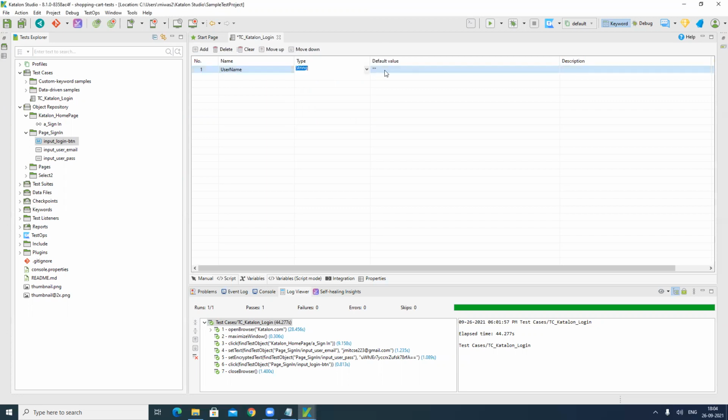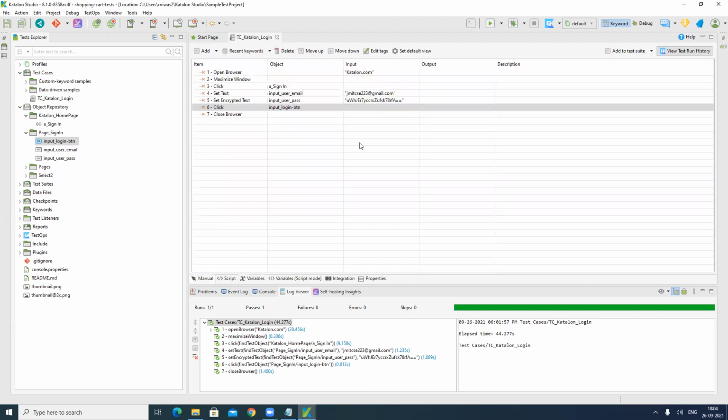We are going to define it as a string. And what value are we going to use? This value we are going to use. Just click on save. In the same way, you can create multiple variables. Now how to use it in the manual mode of a script: go to that particular line, set text for username.